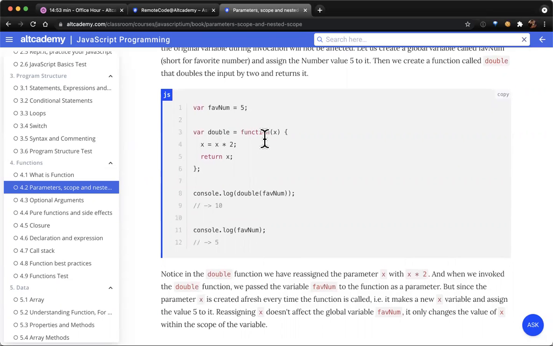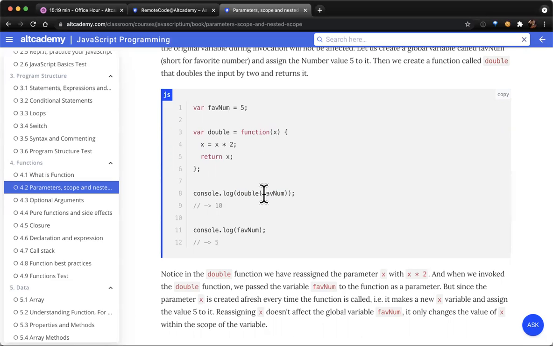Okay, so here we are doing console log double faith num. So we're passing this variable, which is storing the number 5, to the double function. So 5 goes in, x equals 5 times 2. It looks like we are trying to give x a new value, right?